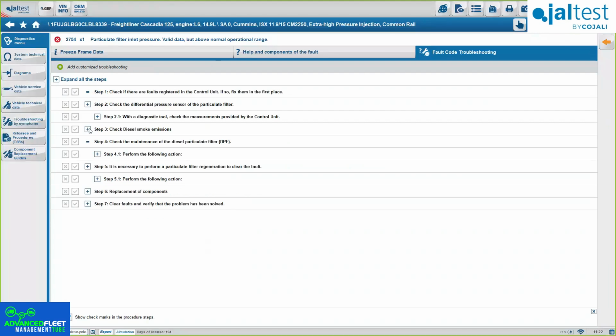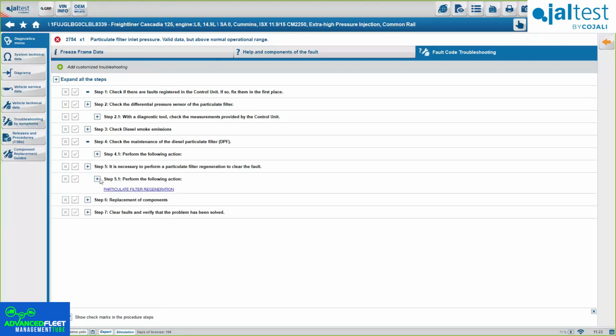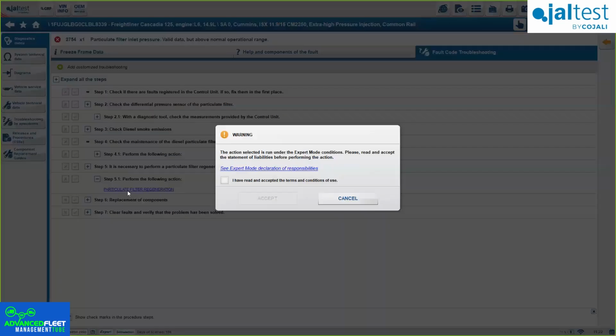Imagine that you have to, let's say, perform a regen or a particular filter reset. You can also do it through the troubleshooting guide. You don't have to go anywhere else. Just by clicking on the hyperlink, we will direct you to the specific action. In this case, you see here, it's asking us for the expert mode. Since I've already entered before, I don't need to do it again.